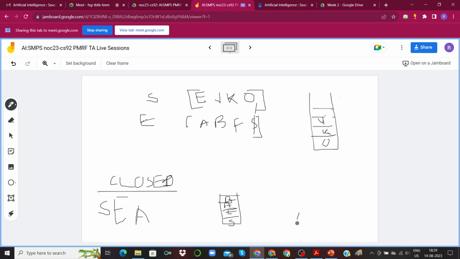It would be something like B A E S. And if you don't consider it to be a stack, you just consider it to be a list where this is the front, something like a queue, then the order in which you would report would be S E A B. Okay, so either is fine.